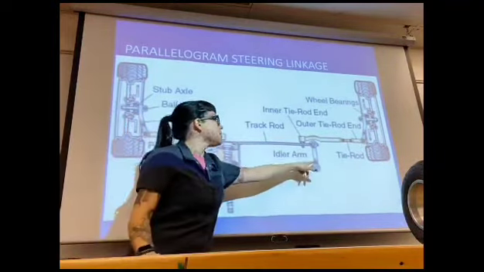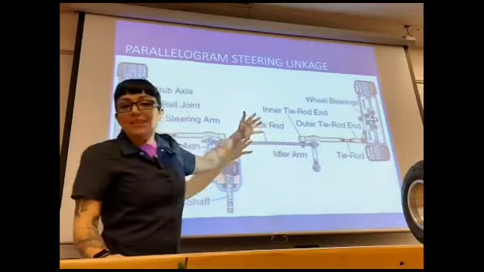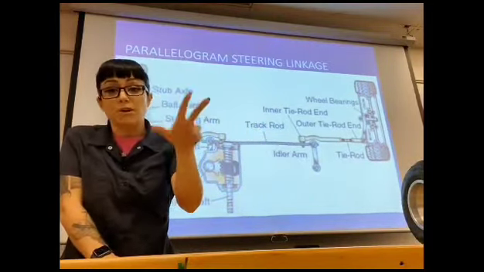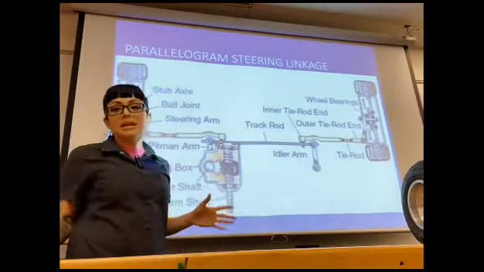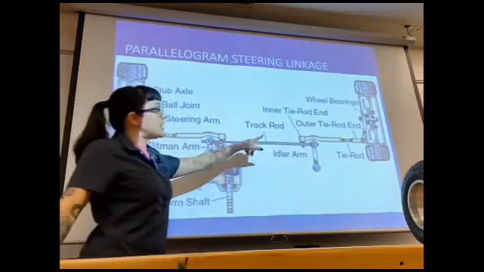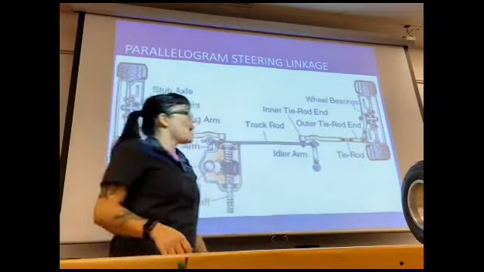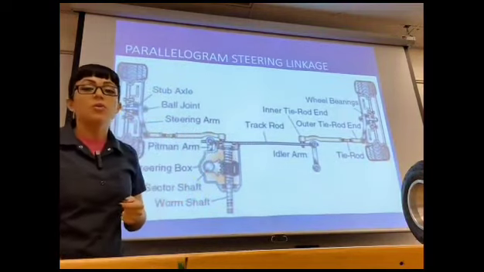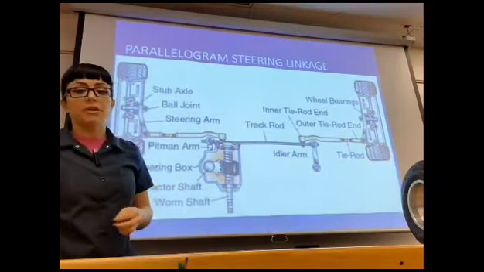And here's our idler arm, here's our track rod. There's so many terms. The center link can also be called a drag link or a track rod, by the way. Many names. And then we've got our tie rods on each end as well. These tie rods, the lengths are adjustable to help with your wheel alignment when it does get out of alignment. We'll talk about that in